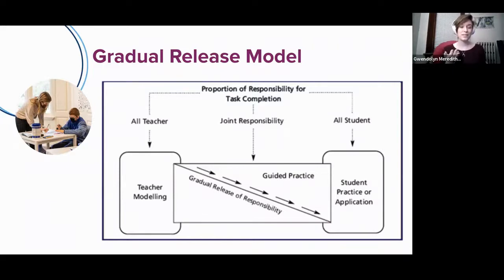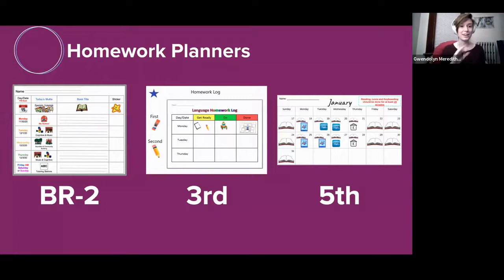So we might be slowly removing some teacher support until they're completely independent. And so some of the times it might be appropriate for a fifth grader to still have teacher support on some of these executive functioning skills, as it is appropriate for them at that level. And then towards the end of eighth grade, we're gearing more towards that student application process for some of these. And you really can see that highlighted with our student planners that we're going to show you in just a moment, and how we try and keep it developmentally appropriate. Oh, and here we go.